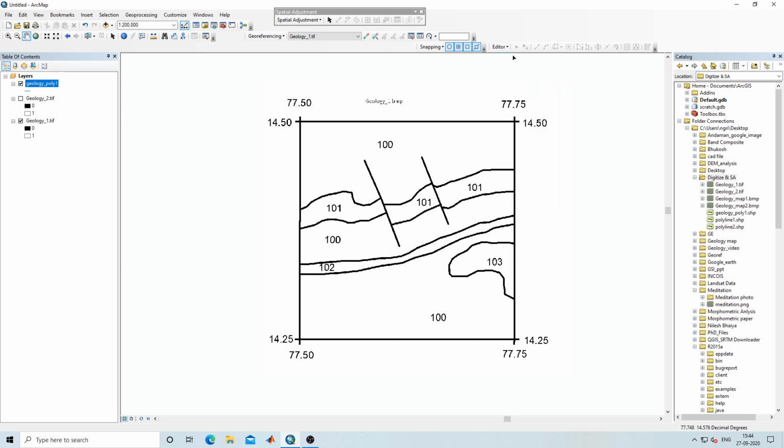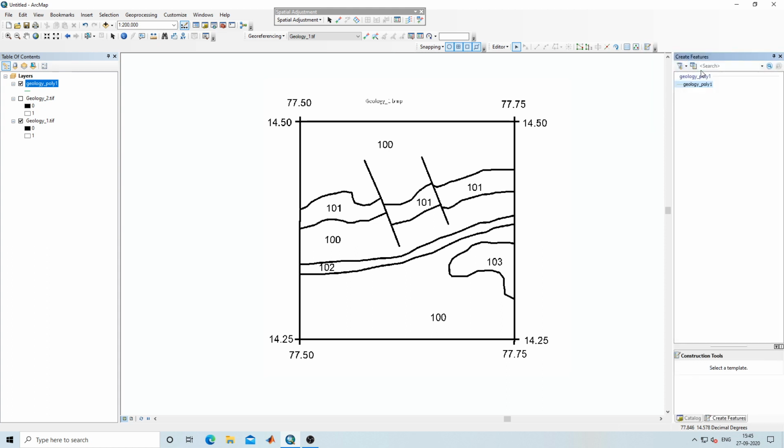When I click on Start Editing, all these tools will appear here. If my editor is stopped, then these will not be highlighted. Again I click Start Editing, then they will be highlighted. After that, the last option here is Create Features, so I'll select Create Features.